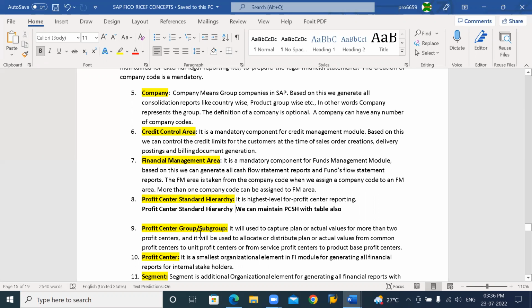Why do we maintain a group or subgroup? Here it will be used to capture plan or actual values. We plan to implement something and we have actually implemented something. We plan to spend something, but we have actually spent something. We plan to receive some revenue, but we actually received something. So it will be used to capture plan or actual values